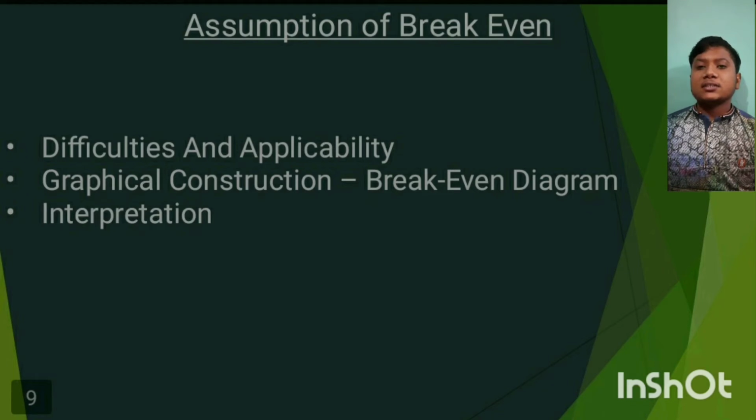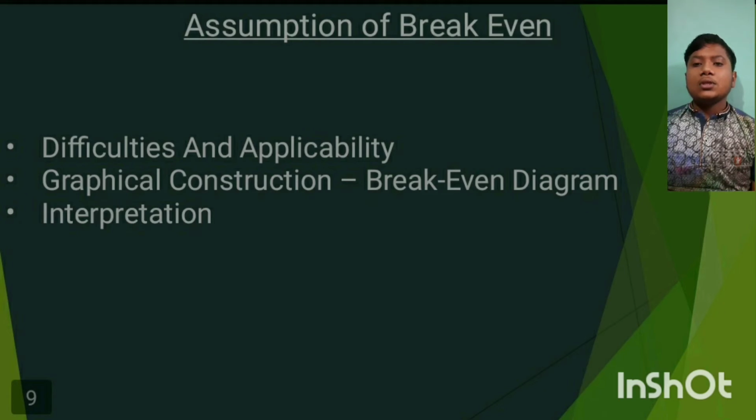Second is graphical construction. A break-even diagram is a line graph used for break-even analysis to determine the break-even point, the point where the business will make a profit or loss. Number of units are plotted on the horizontal axis and total sales cost are plotted on the vertical axis. Using this diagrammatical method, the break-even point can be determined by pinpointing where the two linear lines intersect. The total revenue and total cost lines are linear since prices and variable cost are assumed to be constant per unit.